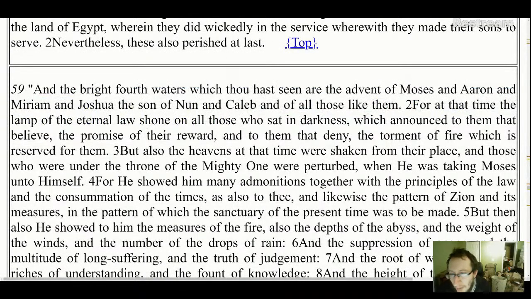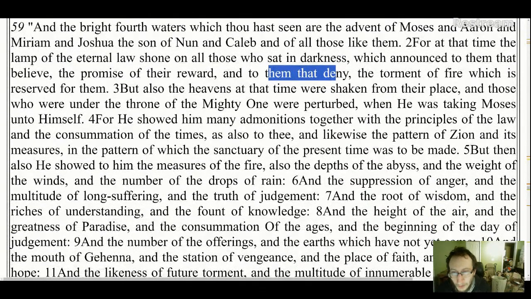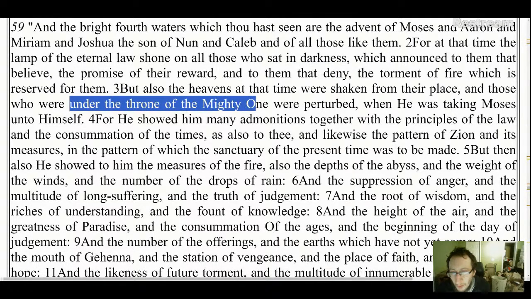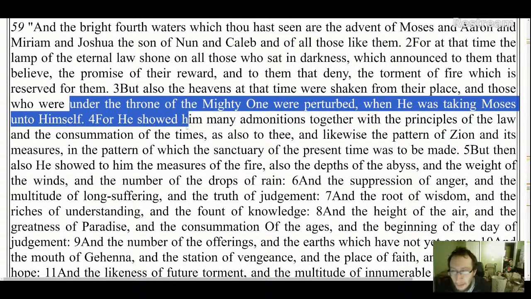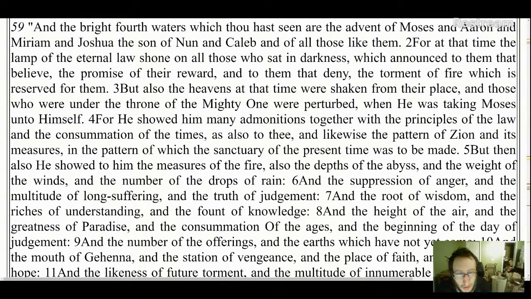So the bright fourth waters which thou hast seen are the advent of Moses and Aaron and Miriam and Joshua, the son of Nun, and Caleb, and all of those like them. For at that time the lamp of the eternal law shone on all those who sat in darkness, which announced to them that believe the promise of their reward, and to them that deny the torment of fire which is reserved for them. But also the heavens at that time were shaken from their place, and those who were under the throne of the Mighty One were perturbed when he was taking Moses unto himself. For he showed him many admonitions together with the principles